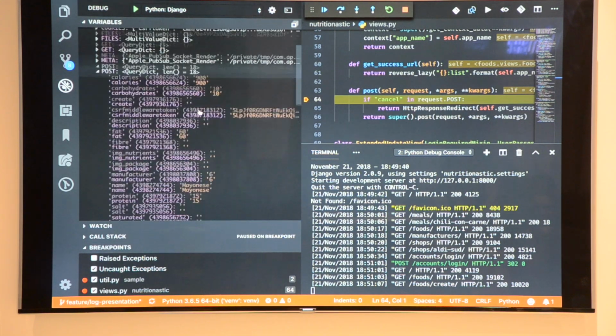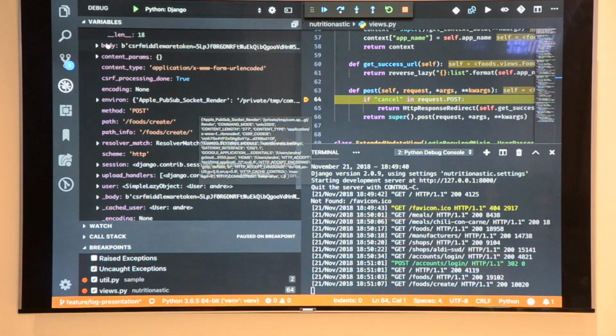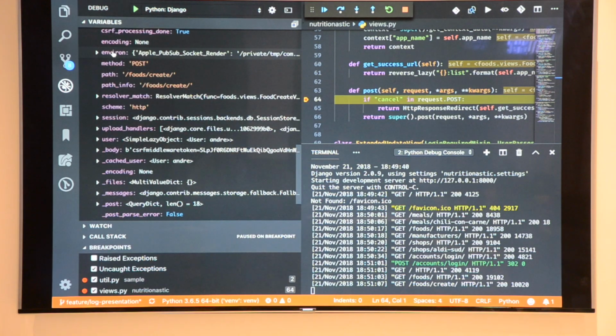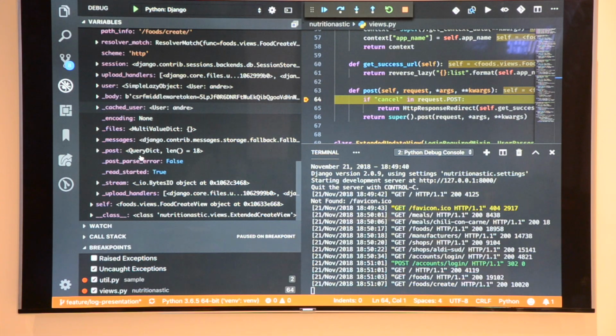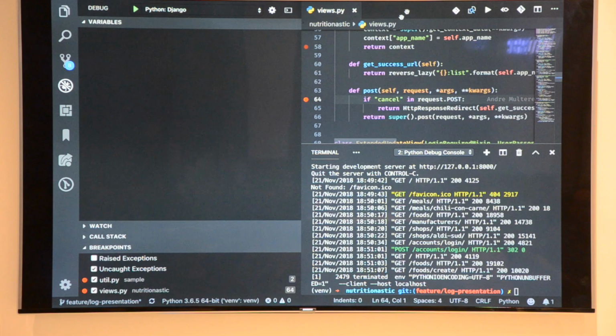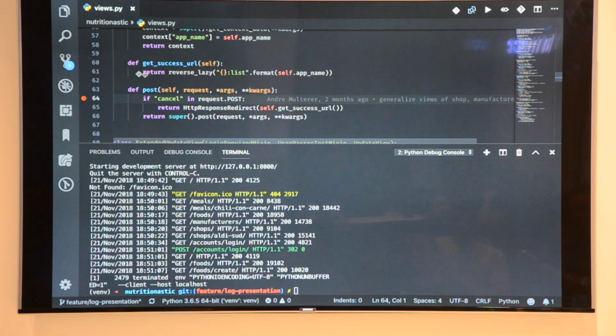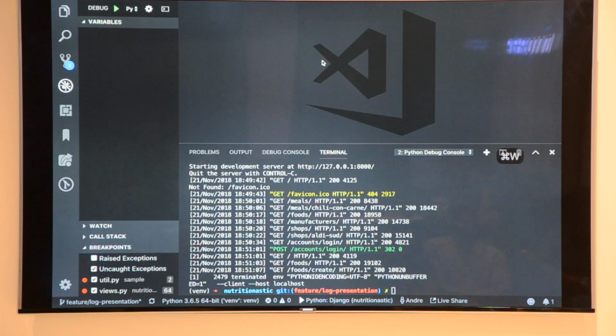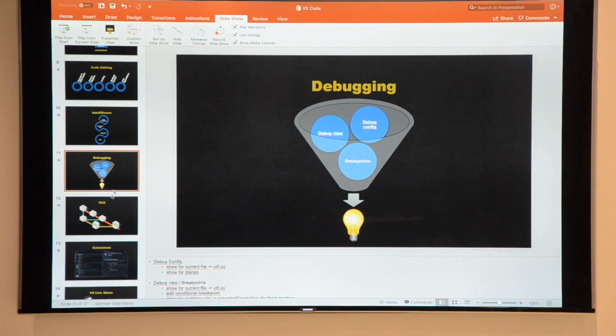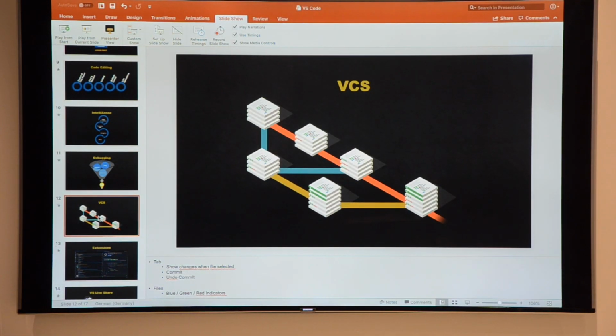Yeah, you can also get information, for example, for the body, the environment you have used, and many more. So I will just stop it because I don't want to have mayonnaise in my database. I'm a healthy guy. Okay, so this was debugging, and now just a brief look at the version control system